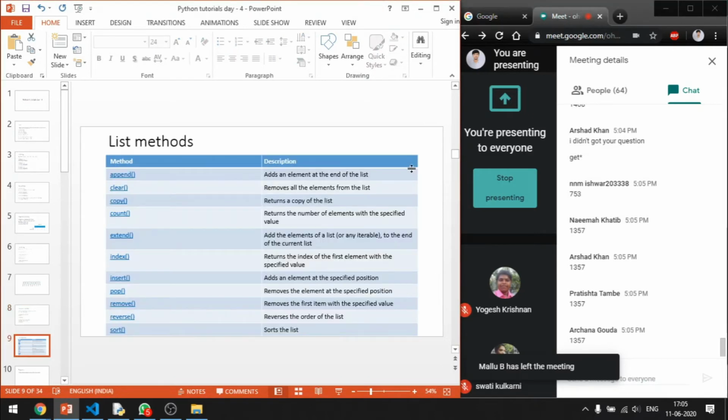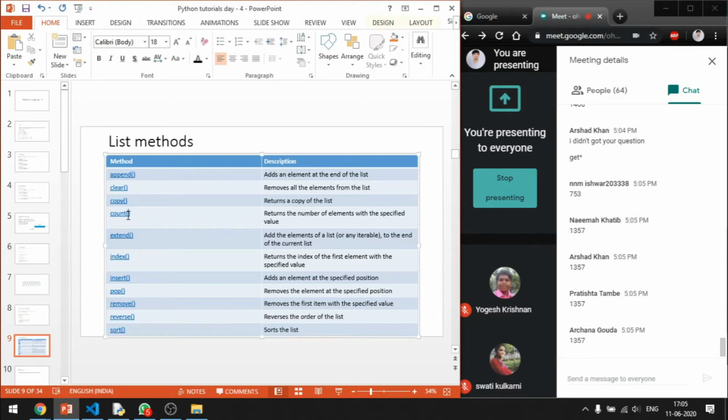Next, these are the list methods. Please take it down. You have append, which adds the elements to the end of the list. Clear removes all the elements from the list. Copy copies the elements of the list to another list. Then count, which returns the number of elements with the specified value.